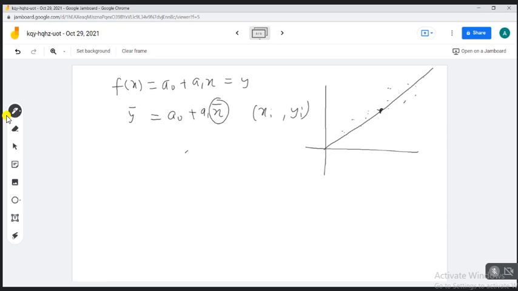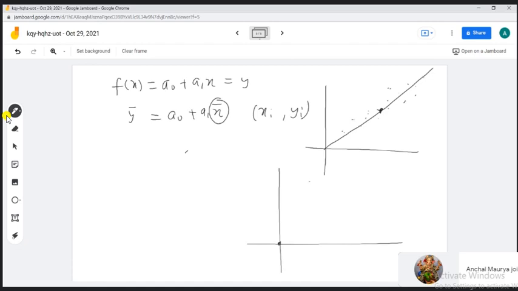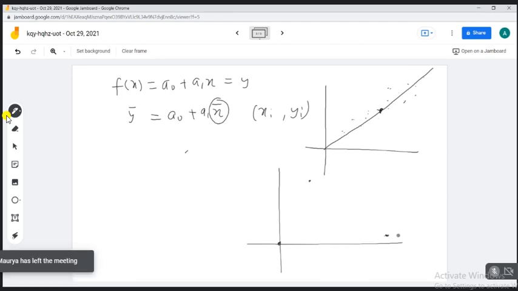So this was a thing worth mentioning. Now, let me give an example. Suppose you have one point here, one point here, and one point here, and you are told to fit a straight line through them. If you compute a0 and a1 in the same manner which I've just illustrated, you may get a straight line like this.